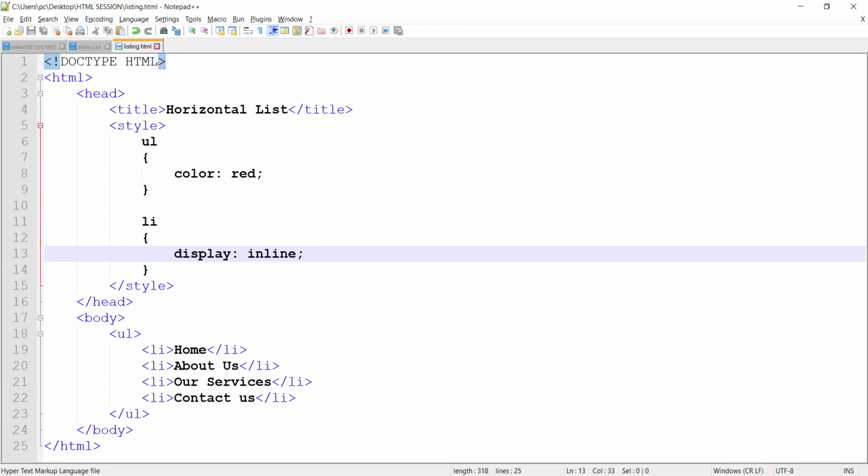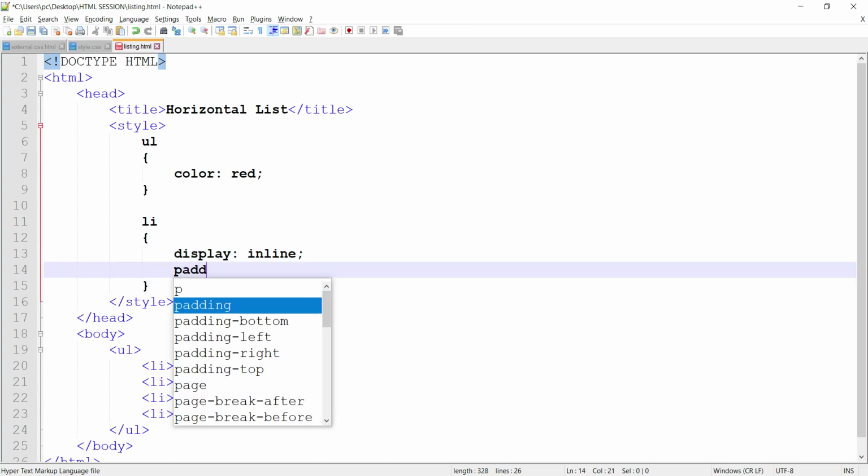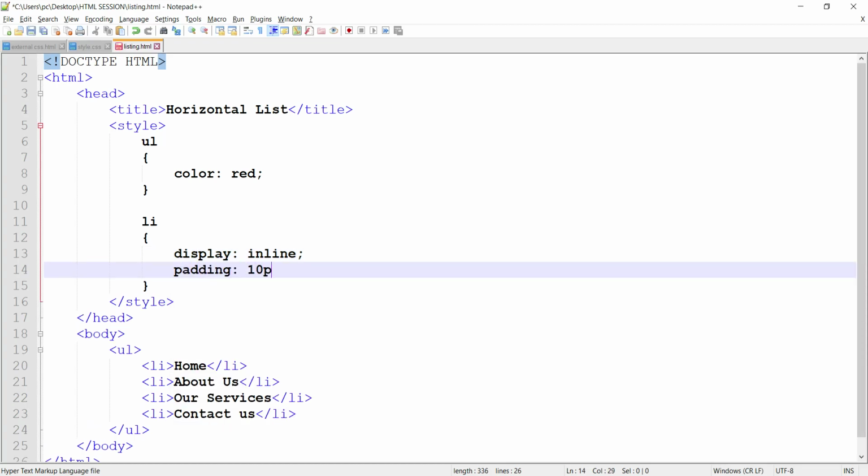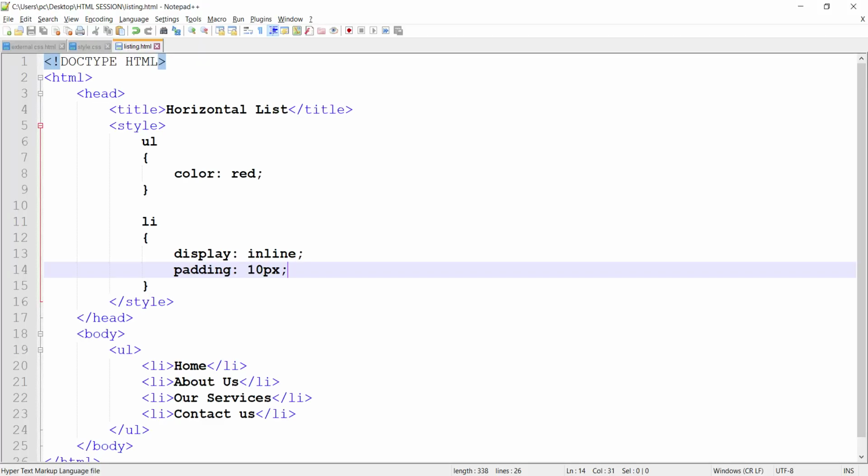Bingo, we got our menu here: home, about us, our services, contact us, but there is no space. So I will use padding here. Some space is there. Okay, we got the space. And I would like to give some background color.